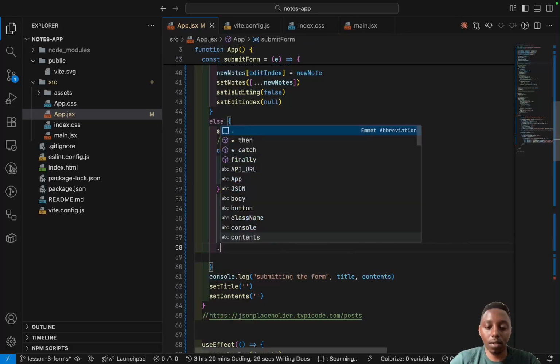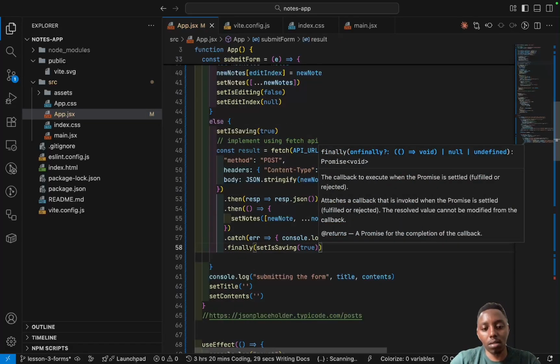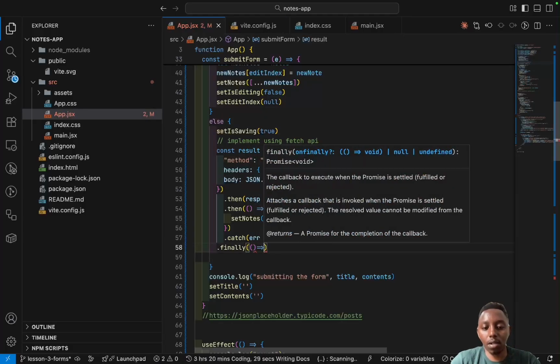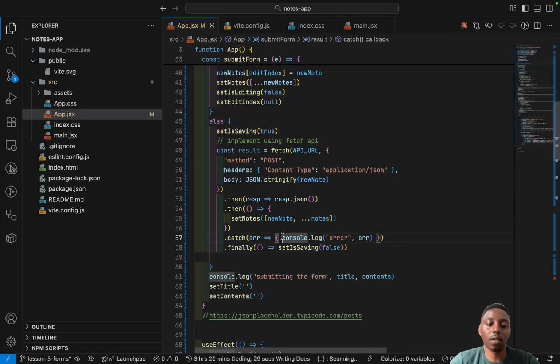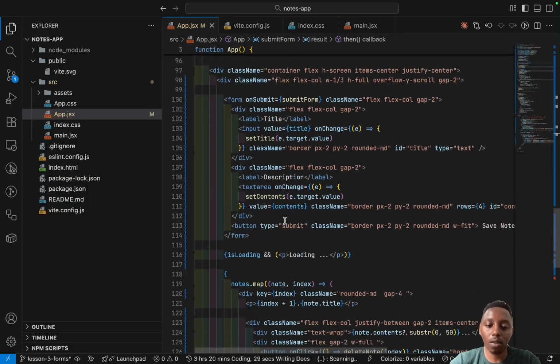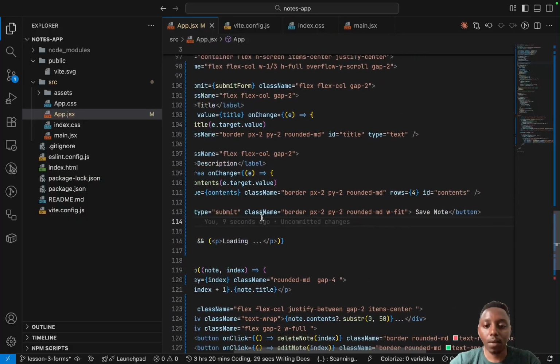Then we'll say .finally, put in an arrow function and just set isSaving to false. That ensures that there's a loading state, and then we need to show that loading state here. So isSaving, we can see,